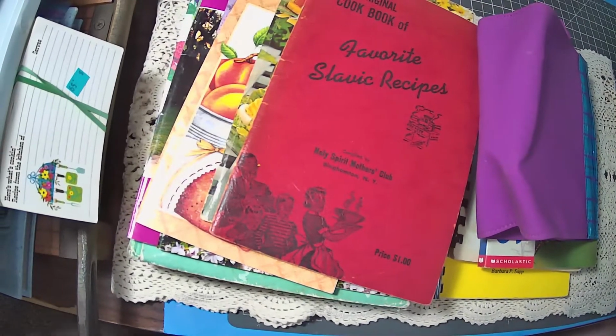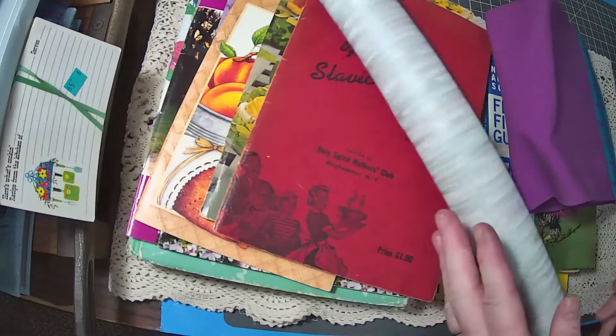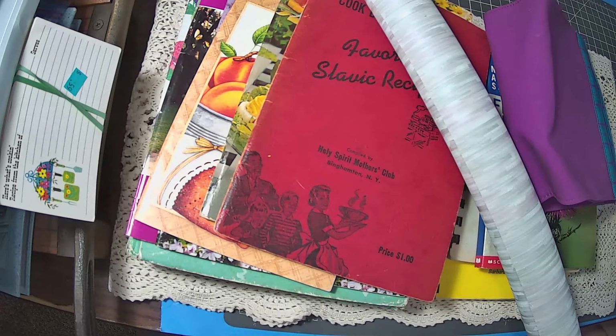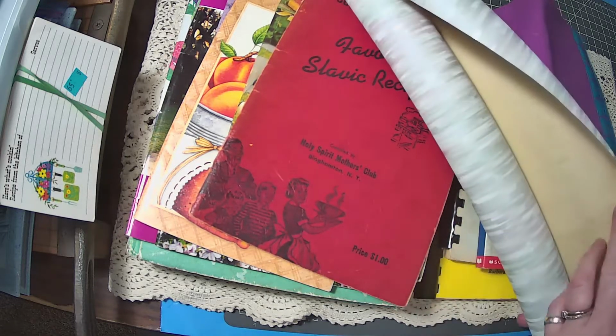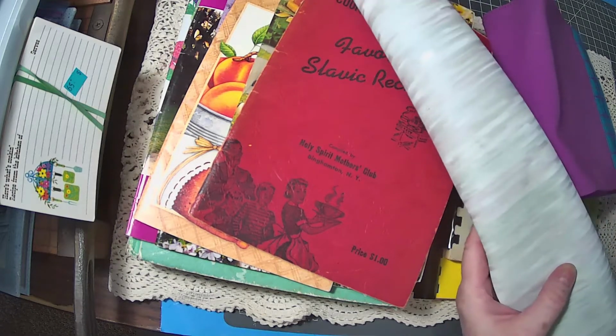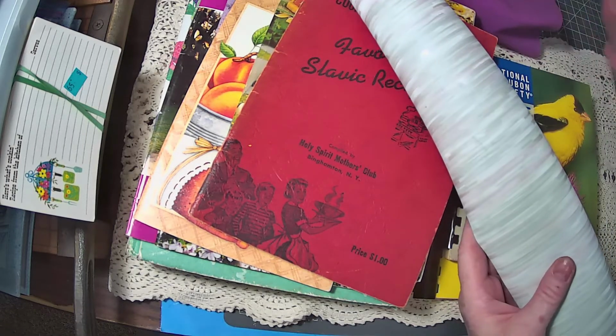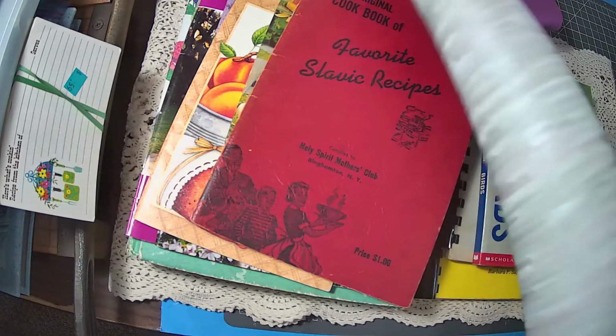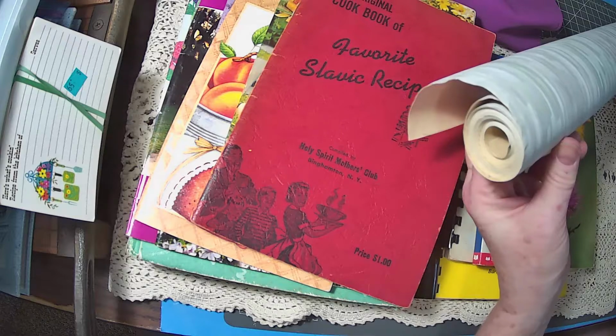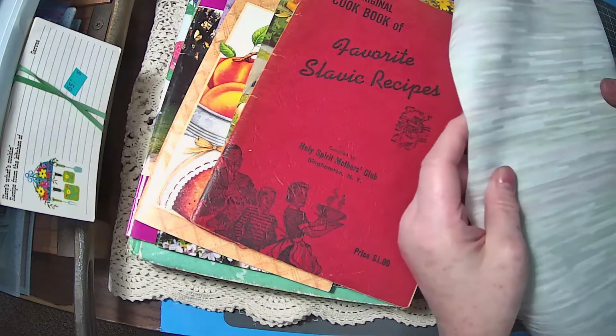we have a thrift store, and they have all this stuff outside. And it's $1.50. You fill a bag. All of this stuff right here was outside. So, if it was normal price, it's stuff that you probably wouldn't buy or you would think twice about buying. But when you fill a bag for $1.50, you're gonna buy it and you're gonna use it in some way. So there is a lot of this